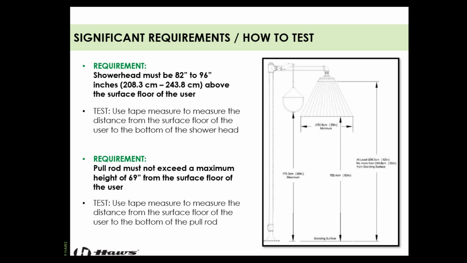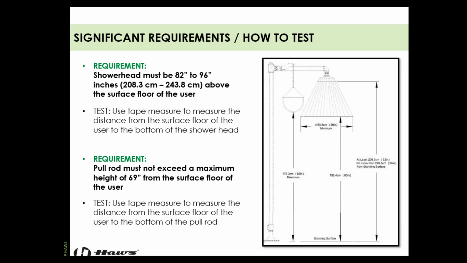The pull rod activation for the shower needs to be no higher than 69 inches from the surface floor. And again, that's to make sure that the shorter amongst us can reach it. If it's placed too high, activation can be difficult. And if your vision is impaired, finding it while jumping up and trying to grab it is going to be